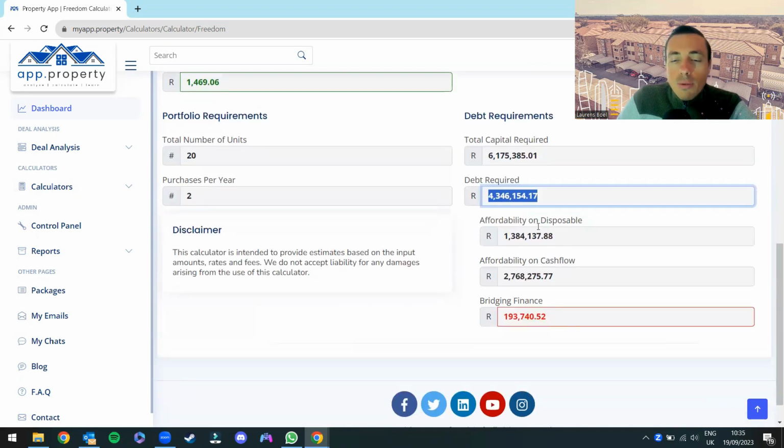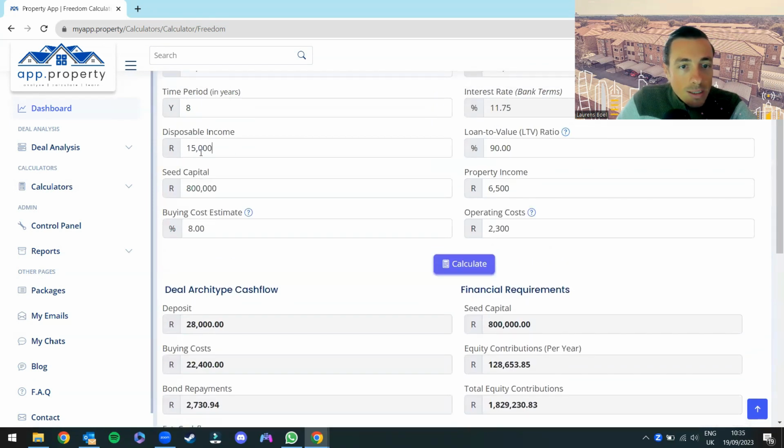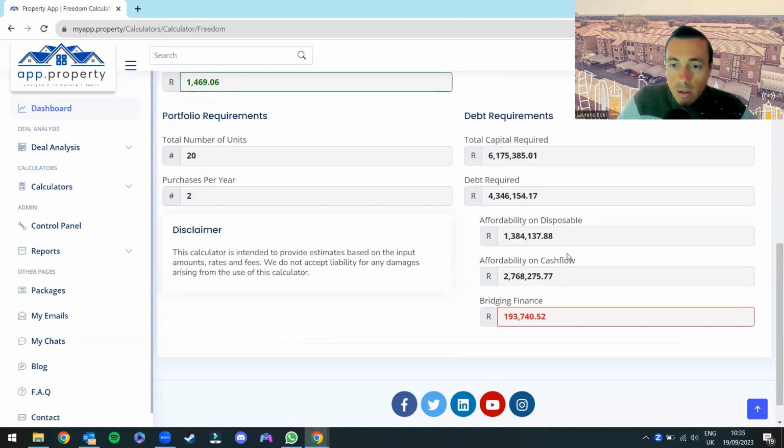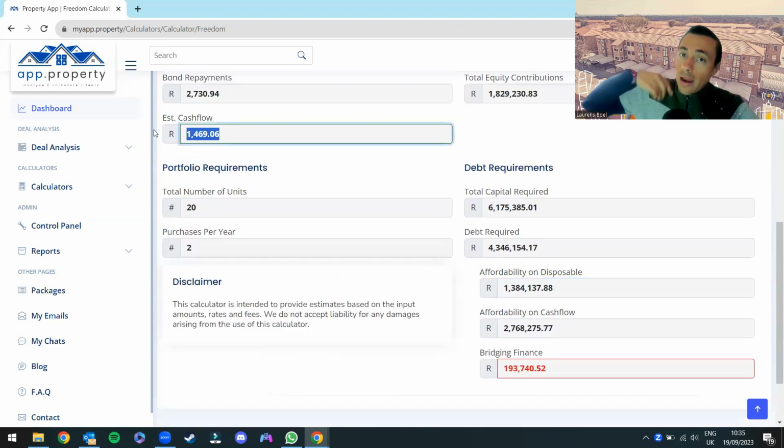Now, your debt can be broken into affordability on disposable income. So this 15,000 that you have here allows you to access a certain amount of debt from the bank. It will allow you to access roughly 1.3 million. And then affordability on cash flow. So if you take this cash flow and just reinvest it into your business and make sure you don't pull it out,